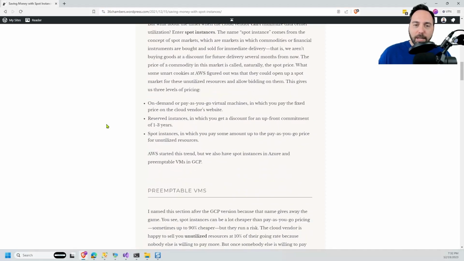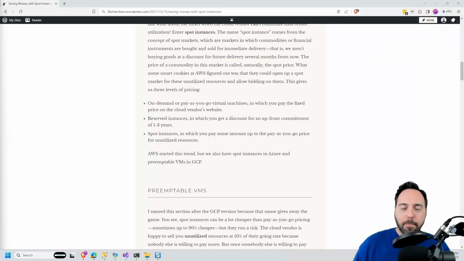In practice, what a spot instance is saying is pretty simple. In an Azure data center, we have so many VMs. Maybe I have this many blades with this many cores and this much RAM, and it's all available. That hardware Microsoft has bought and paid for, and they want to rent out all of it. Well, they're not renting out all of it, so there's some stuff left over.